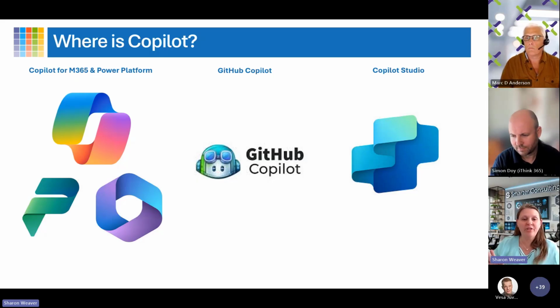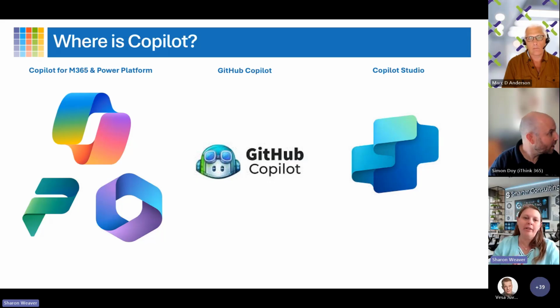GitHub Copilot. If any of you are developers, I have developer friends that use GitHub Copilot, and I have one friend who is, I'm going to say out loud, maybe not a gigantic Microsoft fan. He is learning to embrace them, but he does tell me that you can pry GitHub Copilot out of his cold, dead, lifeless hands, which I think is really funny. So here I've got a guy who's just like, okay, take it or leave it, I'm starting to learn to like it. No, that one I have to have. So we do have GitHub Copilot, which, if you haven't tried it or used it, go take a look. It's pretty slick.